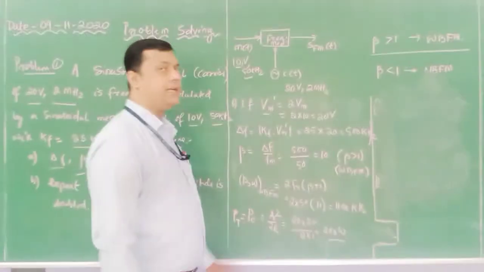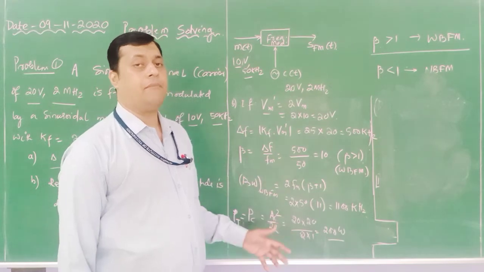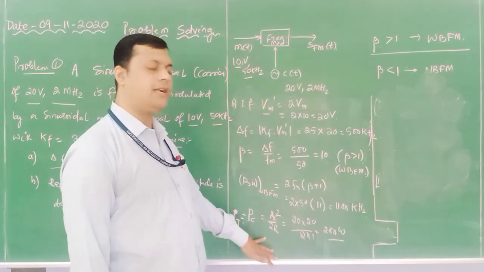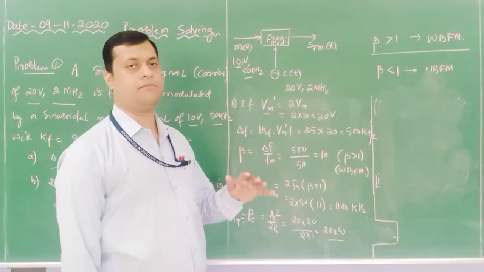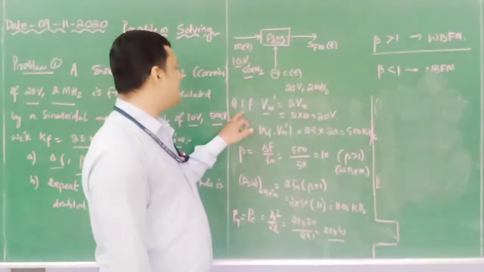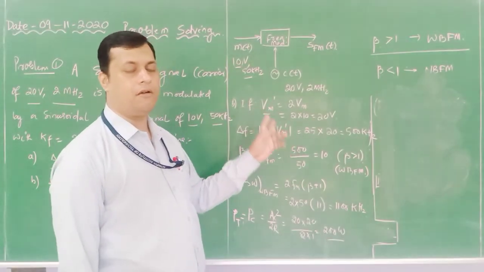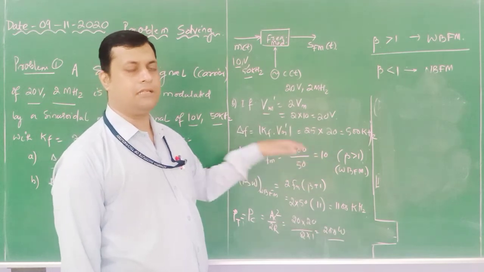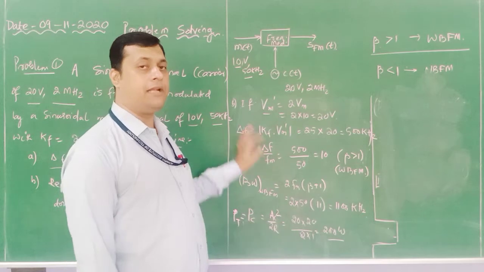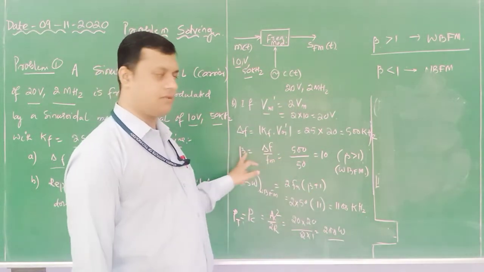Now what is the basic difference between the previous question and this? If the amplitude of a modulating signal increases, the transmitted power won't change because transmitted power depends upon the carrier component. Second, the frequency deviation is going to change because the amplitude of the modulating signal is changing, and frequency deviation is directly proportional to it, so that will change. If del f is changing, your beta is also going to change because it is directly proportional.